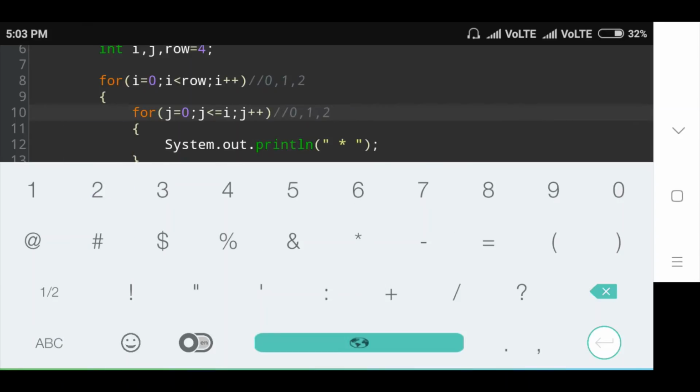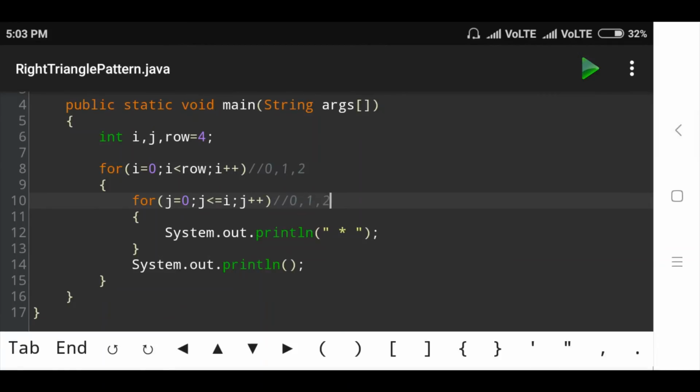Then check j is less than or equal to i value. 2 is less than or equal to 2, so here the condition is true. The first print statement prints 3 stars in the third row and the second println statement prints the spaces and throws the cursor to the next line.